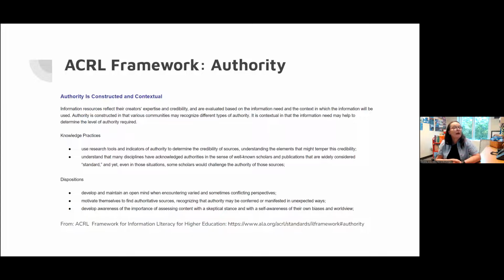And so, as a result, with the students' dispositions, which I teased out of the framework, I was hoping they would have an open mind and not blindly accept the numbers as they're presented or reported, and be motivated to find these authoritative resources. And Ethan did a great job of helping us curate that, and to develop a skeptical stance when reporters are using data, and to have the tools. So I thought that authority in particular was germane to the sort of work that we were hoping to do in Julie's class.